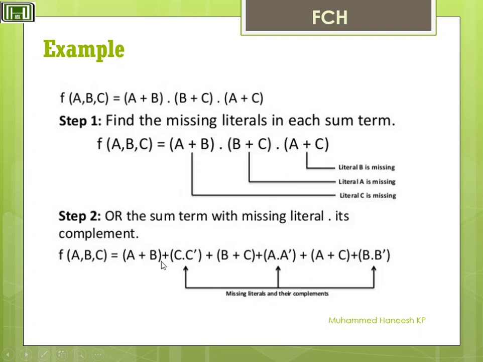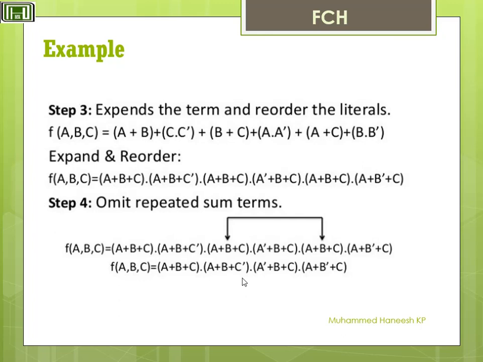Now we add A + B + CC bar, then B + C + AA bar, then A + C + BB bar, where the missing literals are B and B bar, that is B and its complement. The missing literals and their complements are added as earlier in the SOP. Now we have step 3, expand the term and reorder the literals. We have A + B + CC complement, B + C + AA complement, A + C + BB complement. Then expand and